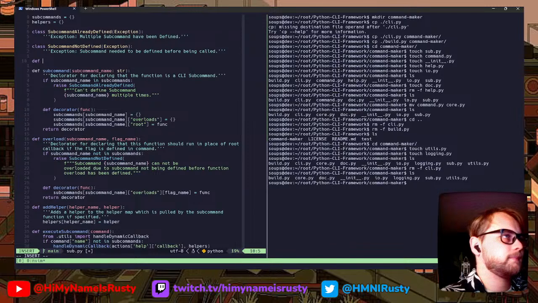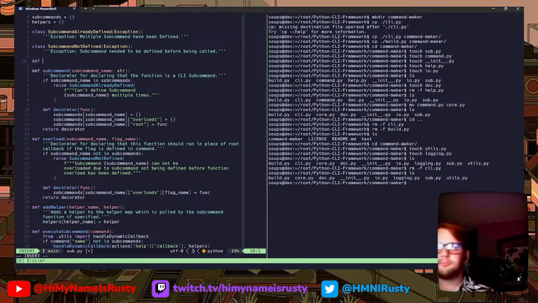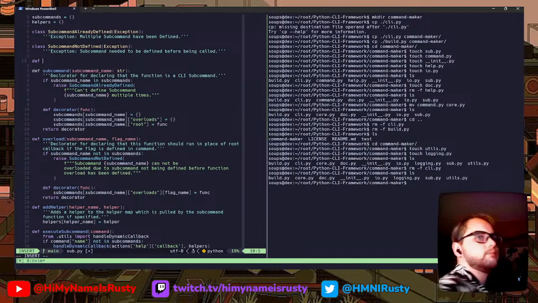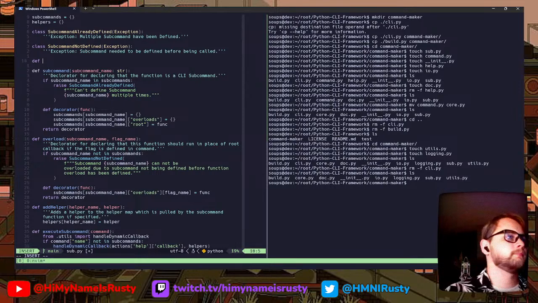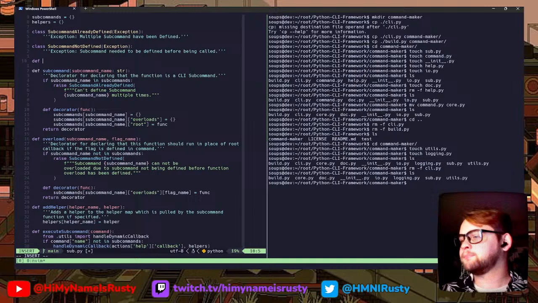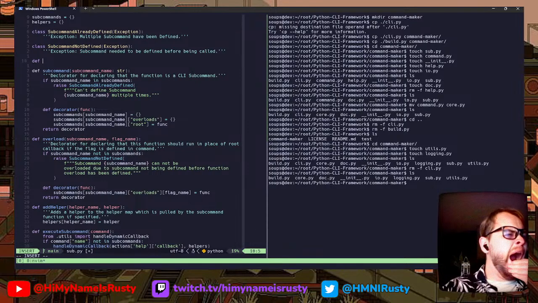So we probably move the handle dynamic callback into this function, because I don't see anywhere else where it'd be used.